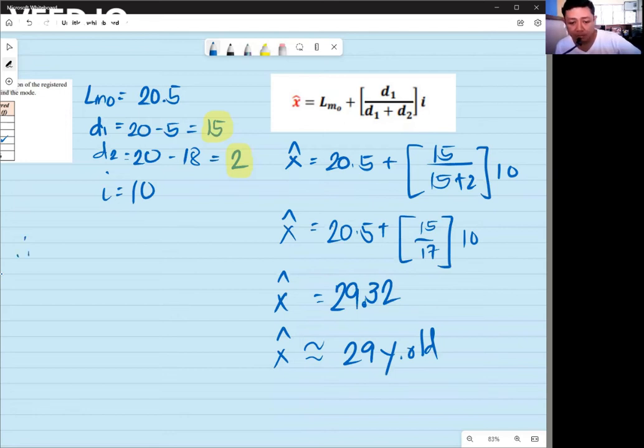Okay? So therefore, why did we do this? Of course, it's just so that we can identify really what is the age group with the most Zumba participants. So therefore, the age